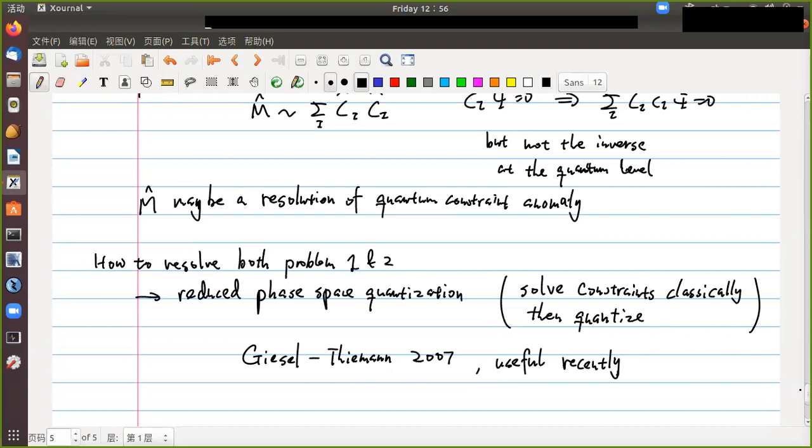Okay, I think now is a good time to stop. In the next lecture I'm going to give you an overview of reduced phase-space quantization. I'm not going to discuss it in 100% detail, but I'm just giving you an idea and also some useful results, which are helpful for